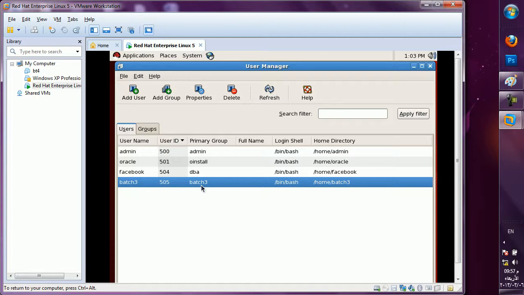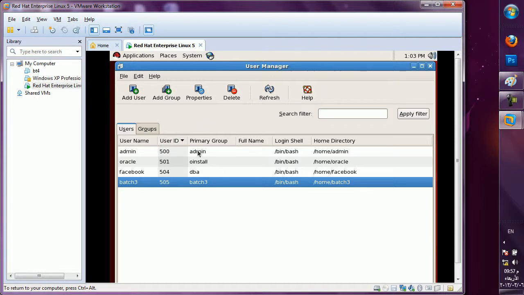So at the time of installation, you have to create two groups, DBA and OInstall, giving full permission to them. The DBA group is responsible to create databases, and OInstall can create the database as well as install the Oracle software. We are assigning responsibilities and permissions to those groups.